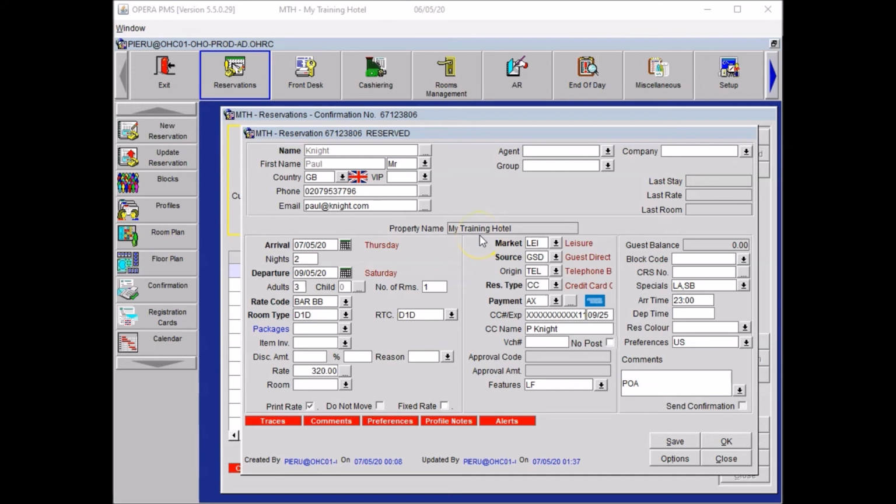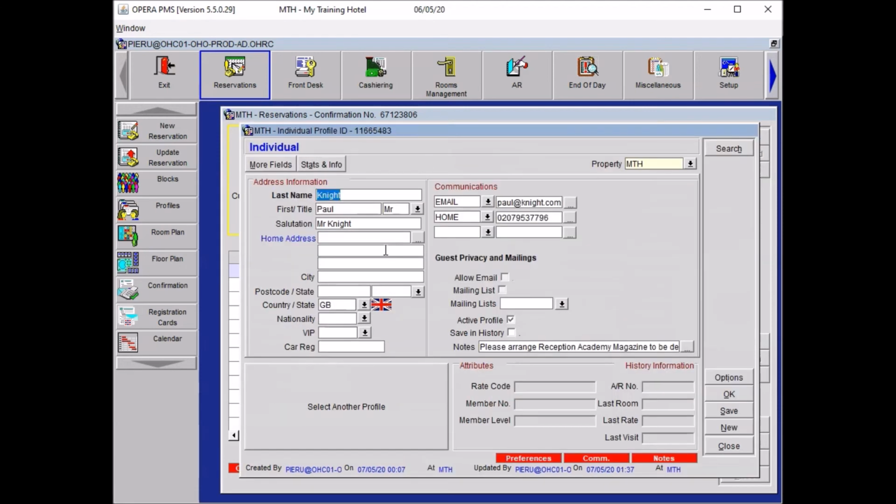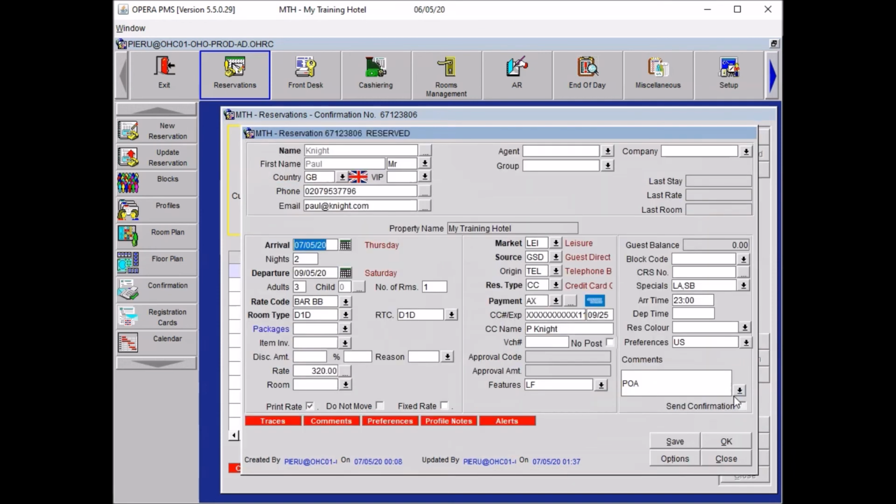Update guest address details on the system. So click on the profile ellipsis, and here you will have to type in the address. It's important that the first line of the address with the house number, the city, the postcode, and the country are all with the correct casing. So let's write 10 Whitehall. And we say this is in London, and then E17 and F. And once you are done and you're happy with everything, you press OK and you click on save just here.